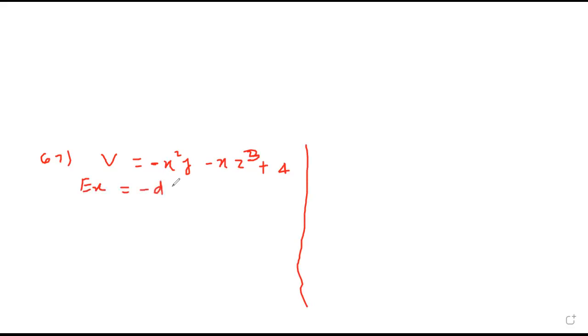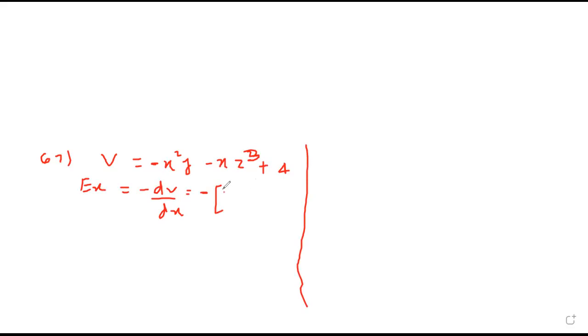Electric potential at point P is given by V = -x²y - xz² + z³ + 4. The entire field E bar at that point will be how much? Because V is a function depending upon three variables, first you will find Ex, which is the negative of the partial derivative of V with respect to x. That means minus of the derivative of all this. When you are taking the derivative with respect to x, except x, the rest are all constant.